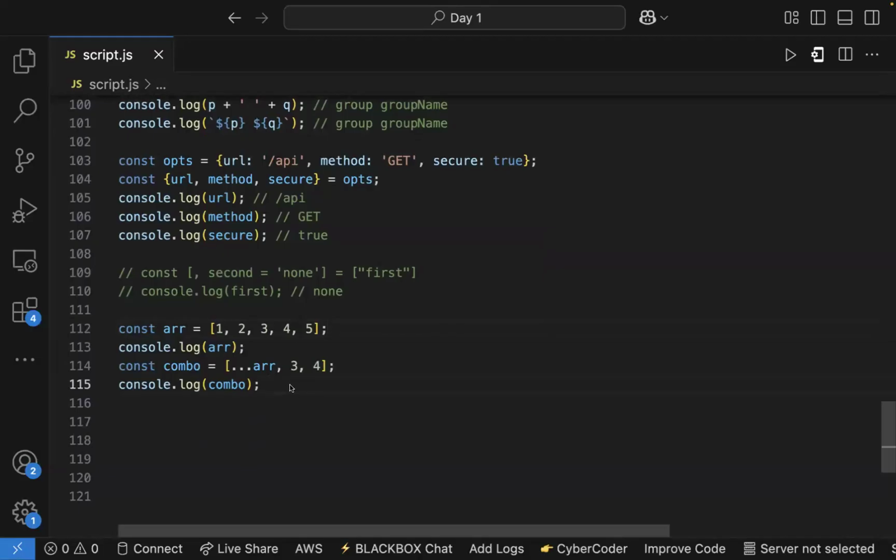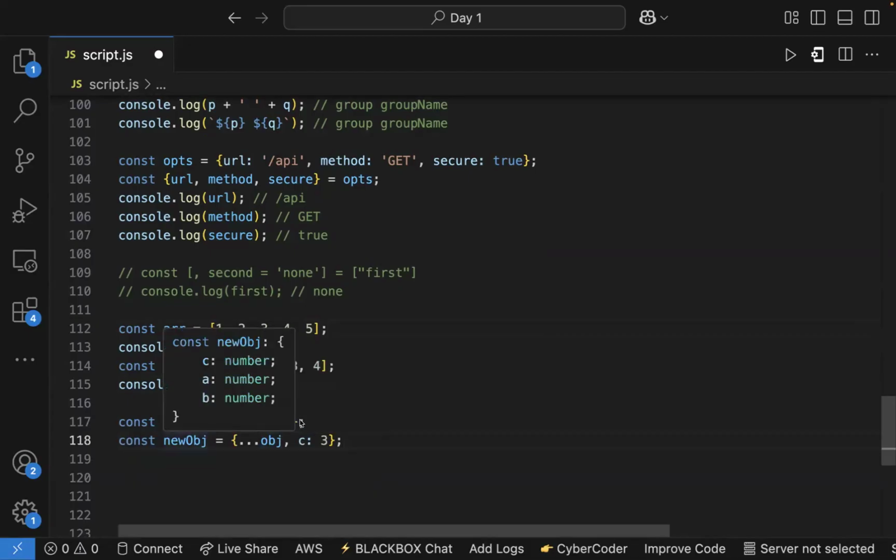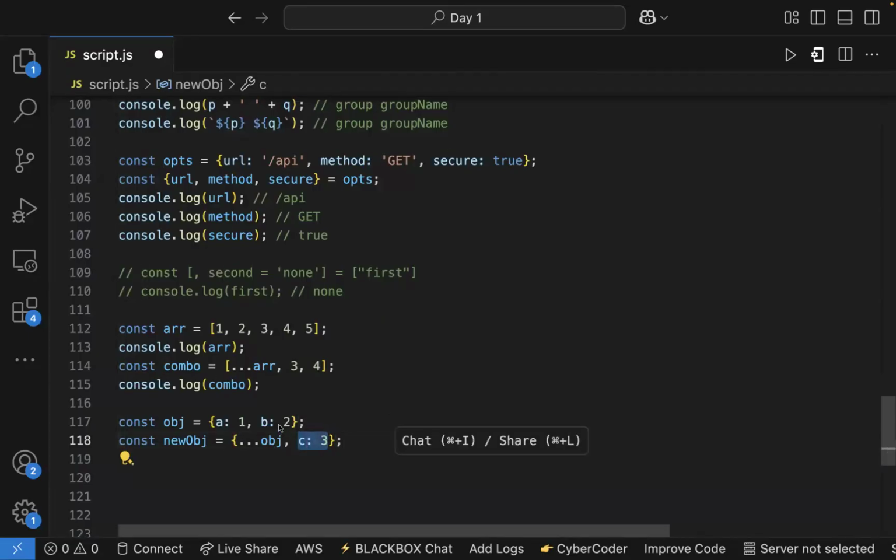Are we together? Yes. You can actually do this with objects too. So let's just do objects so that we don't get confused later on, thinking, can I actually do a rest with an object? As you can see, we are doing the same thing here with this object. We're spreading this object and adding C to the object. So when you console log this new object, you are going to get,